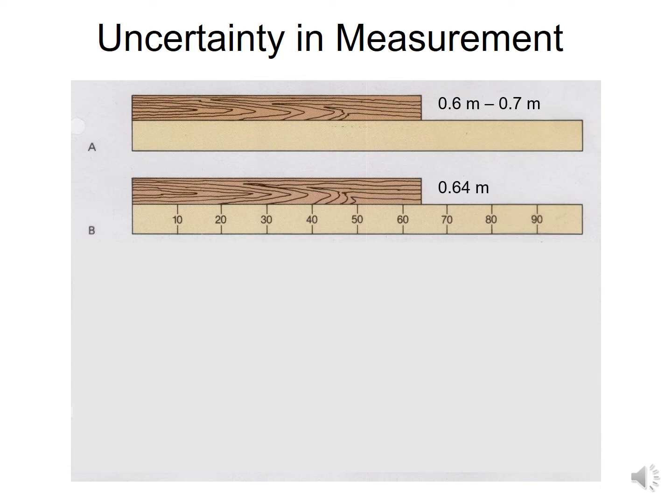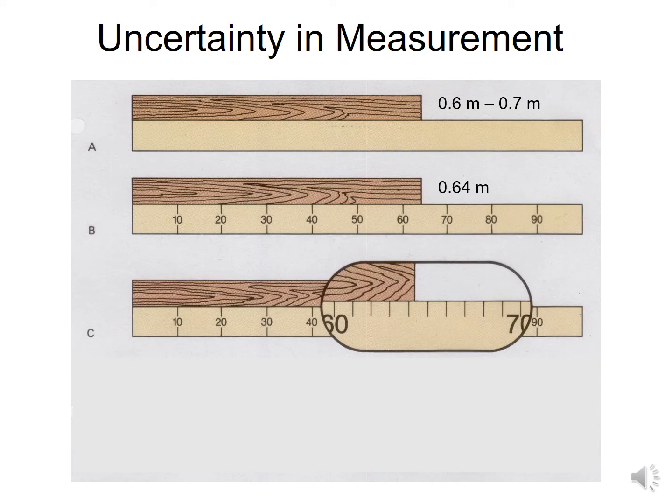I can still improve a bit this value, or the resolution or precision of my measurement, by now dividing each of these decimeter intervals into 10 more parts. In other words, I divide them into centimeters. And now, if I measure once again the board, I see that indeed its length is 0.6 meters, 0.61, 0.62, 0.63, 0.64, something. So the 0.64 was a good estimate, but now we can improve on it by saying,